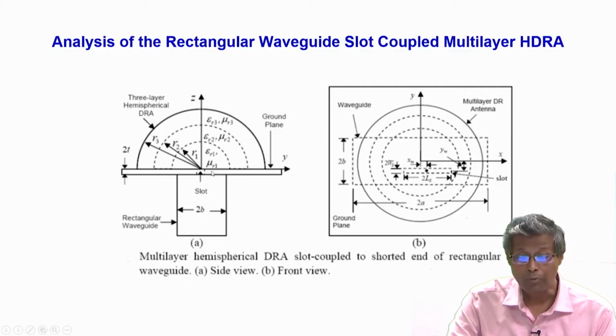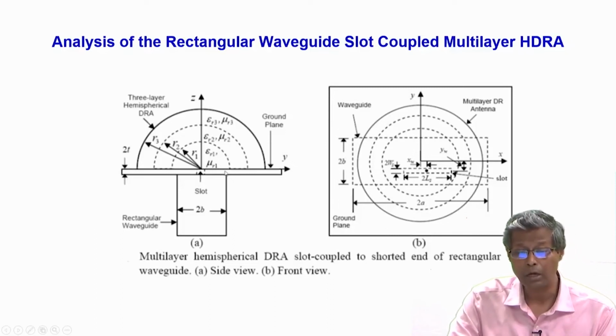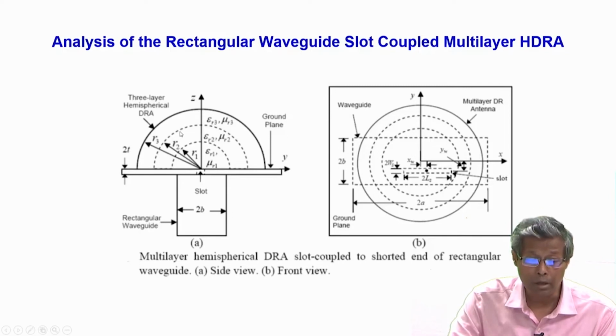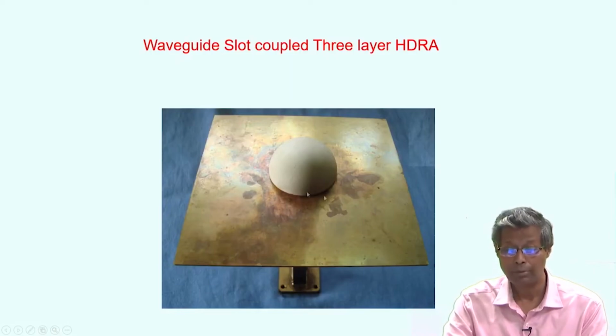So, what was initially a difficult structure to excite, and we needed more complex schemes like a focusing DRA or a drill in probe, this is one of the architectures which enables a match as well as simultaneously a relatively broader impedance bandwidth. Okay. So, this was our fabricated structure,